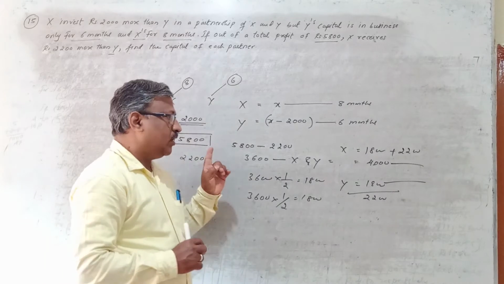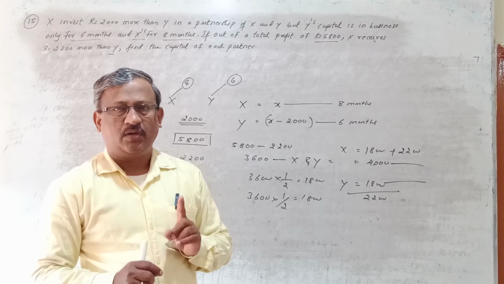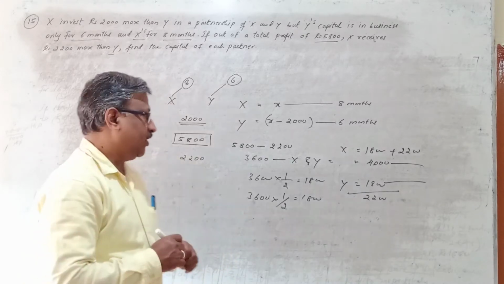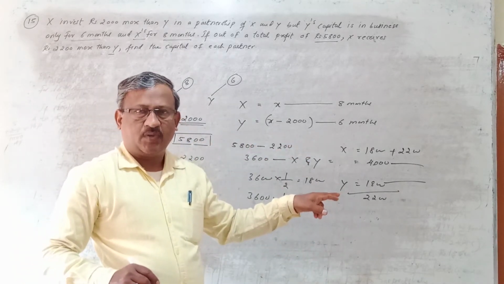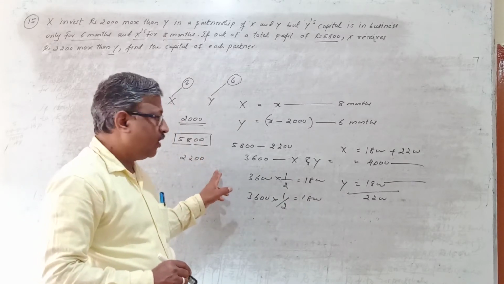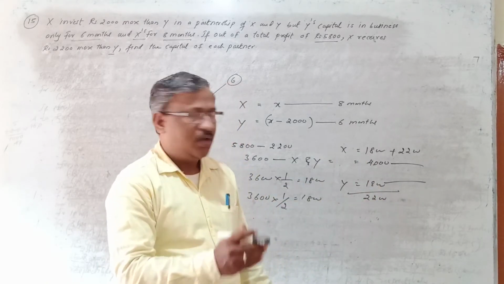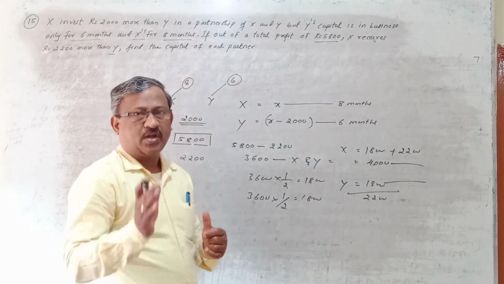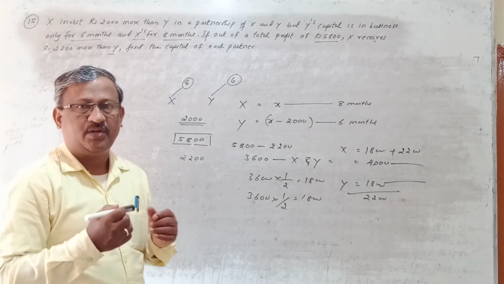So always remember, capital ratio and profit sharing ratio always remain equal. This profit we are going to distribute in capital proportion only, right? So whatever profit you distribute in capital ratio, means whatever shares you get, those shares are in capital proportion only. Means if you take these profits and remove the ratio, we have to get the capital ratio only. So capital ratio and profit sharing ratio don't change. Why? Because whatever profit we get comes in capital proportion only.